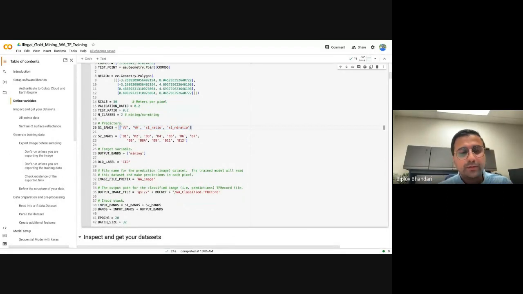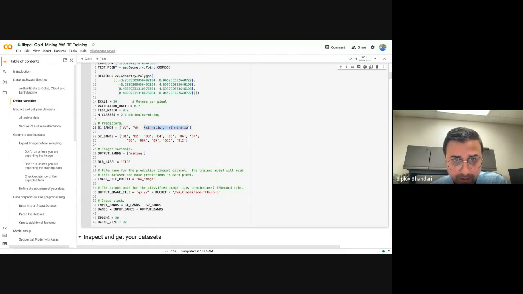Amil mentioned hyperspectral images and several other types of images. For this, we'll be using Sentinel-1 and Sentinel-2. For Sentinel-1, we're using VV-VH polarization, and we're also taking a ratio of those. We're also calculating an ND ratio, very similar to how you calculate your NDVI. Your NDVI is NIR minus R divided by NIR plus R. In this case, the Sentinel-1 ND ratio is VV minus VH divided by VV plus VH.